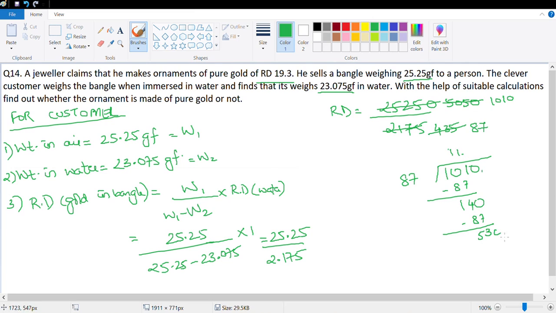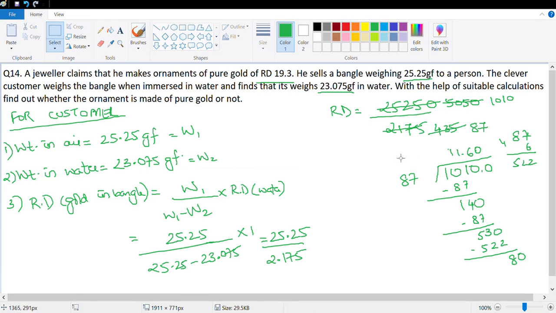0, which means 87 into 5, 6. Let's try 6. This will be 6 into 7, 42. 48 plus 4, 52. So that's 6, 522. That's 10 minus 2, 8. With a 0, again 0. So, which means our relative density is